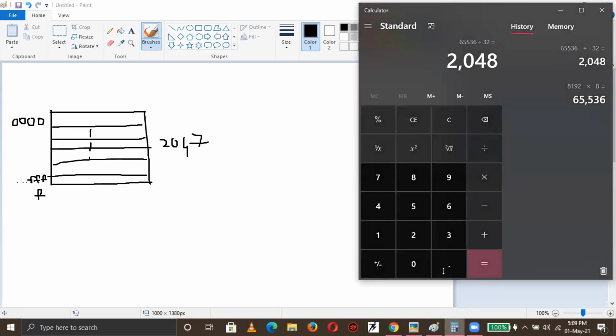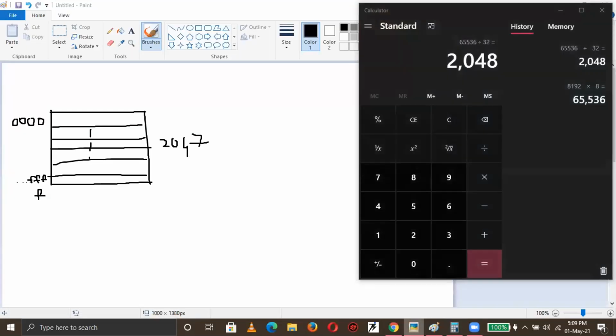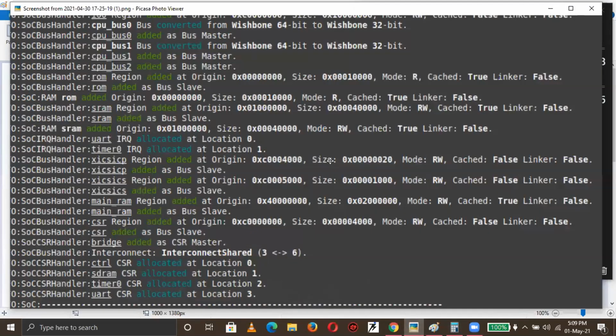So from the 0th location to 2047, what is it? It is the ROM, correct? Am I right, guys? Yes, sir. Are you in sync? Have you understood this math? Yes, sir. Okay. Now, on similar lines, I'll probably keep quiet and I expect you guys to do the talking now.